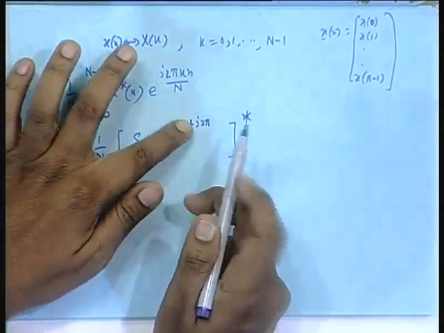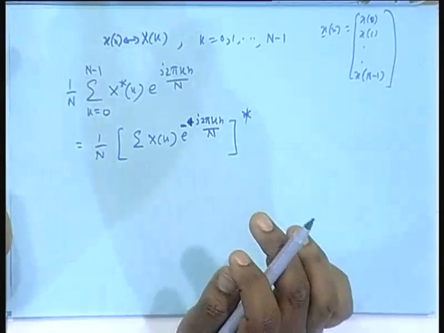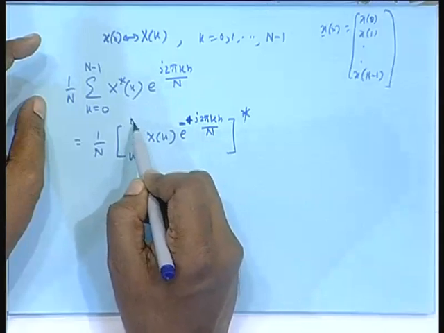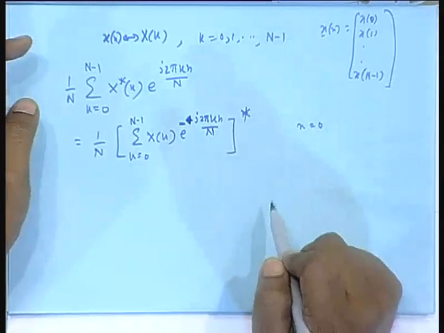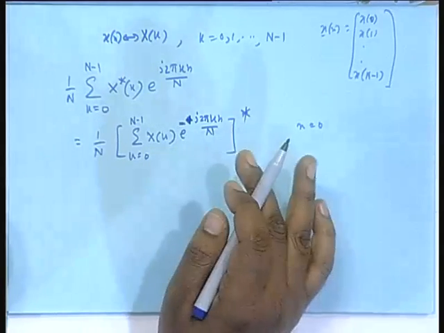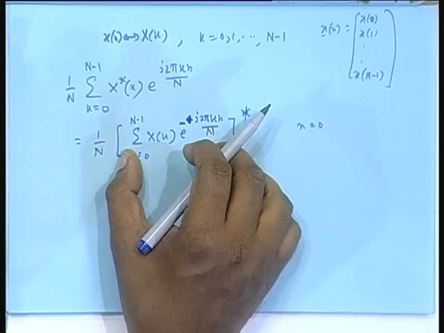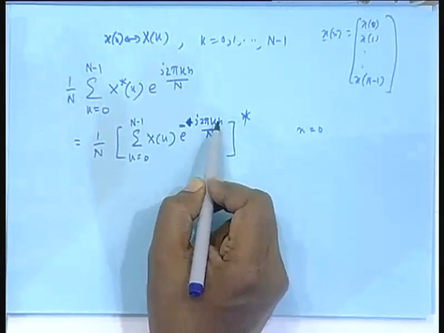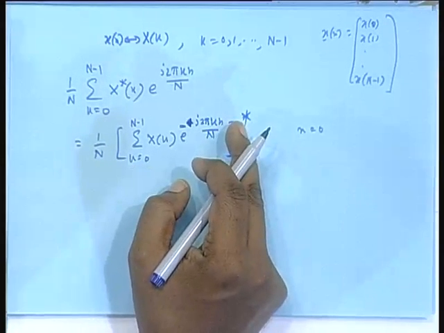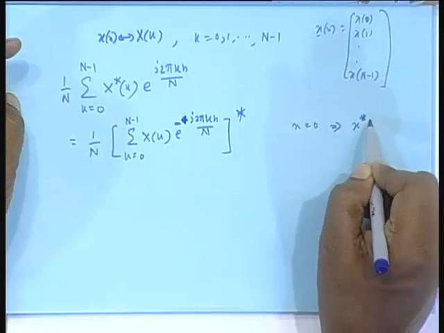It was minus firstly. Okay, for your sake, let me do it in 2 steps. Before I proceed further, this is summation over n minus 1. For n equal to 0, what is this sum? E to the power 0 is 1. So, whether it is plus sign or minus sign does not matter. What you get is x of n only, because there also n was 0 and e to the power 0 is 1, x of 0, conjugate of that. So, n equal to 0 leads to x star 0,